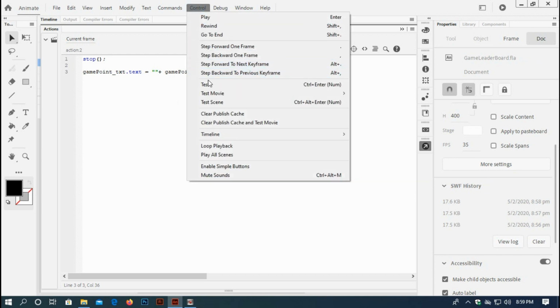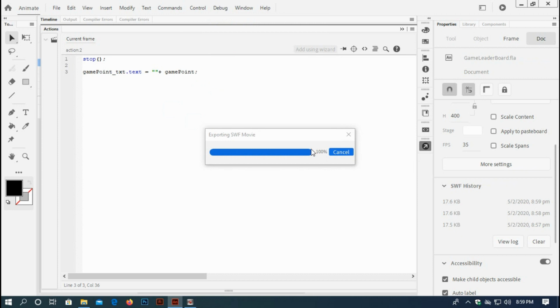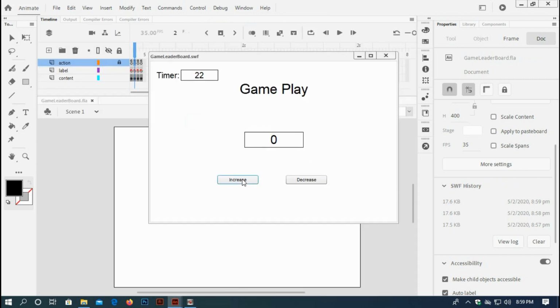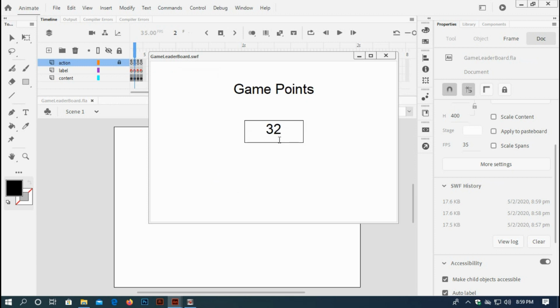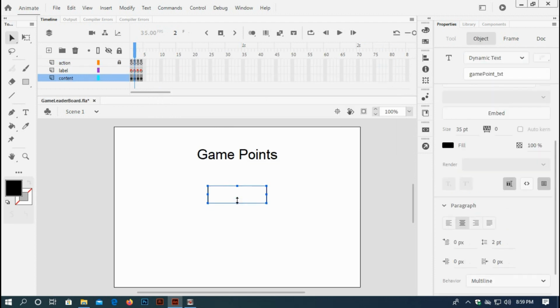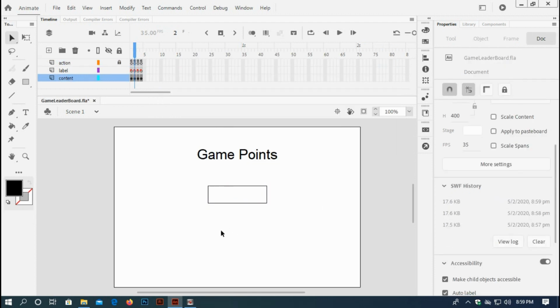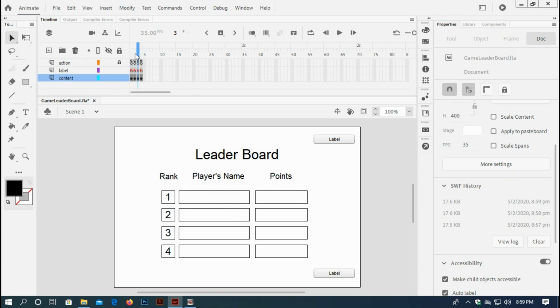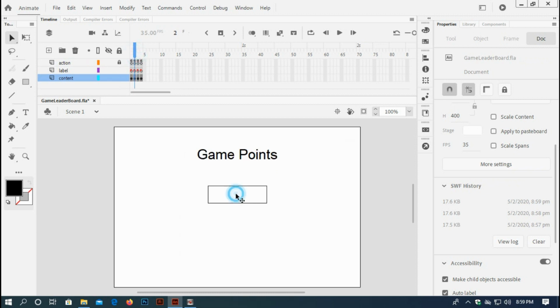If I test it now, play, it's showing me the game point 32. Okay, game point 32. And now I need to have an input name for the player to add his name to the leaderboard. So copy this,